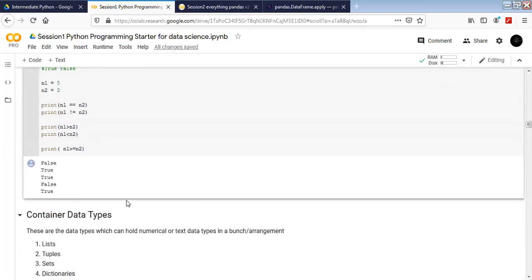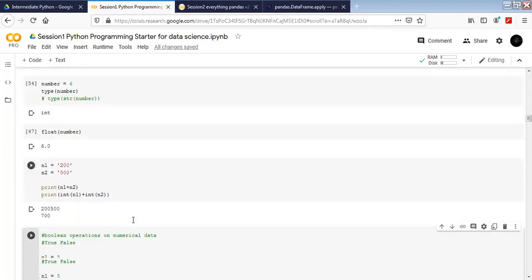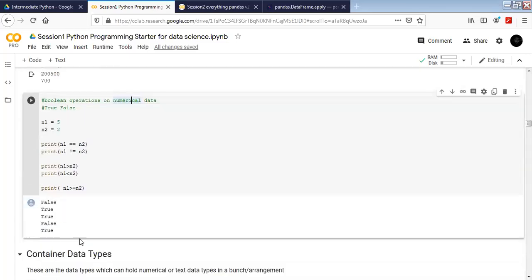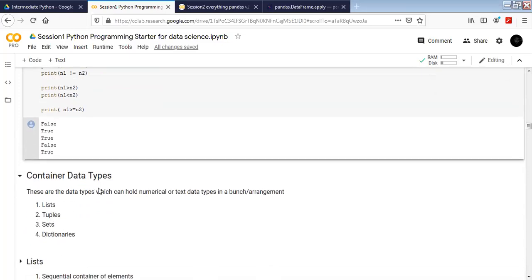Perfect. Okay, so far we took three data types. First one was string. We saw all the possible operations that we can perform using the default function on those. Second one was numbers, where we saw integers and floats. And third one we saw was Booleans. So these are the Boolean outputs. Boolean outputs are actually the output of the comparison operations. So this is going to give us true or false. So true and false are two Booleans that we are going to utilize in our if statement.